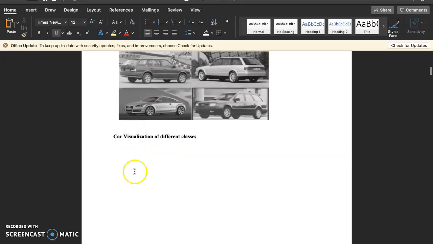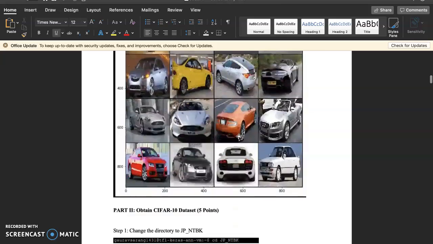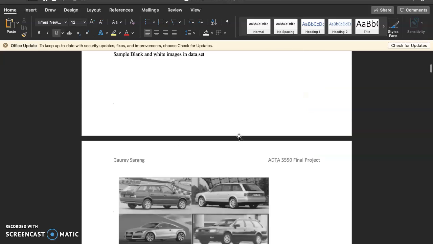Then we can see the car visualization using visualization technique. It has this yellow car. Then all this together we can put into one frame and we can see the visualization.